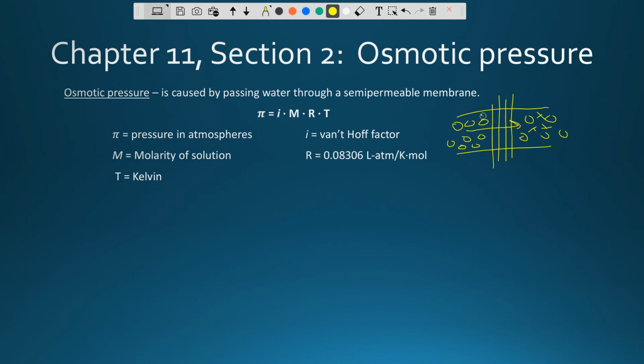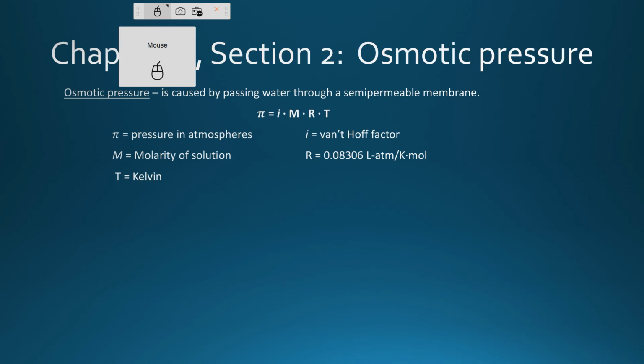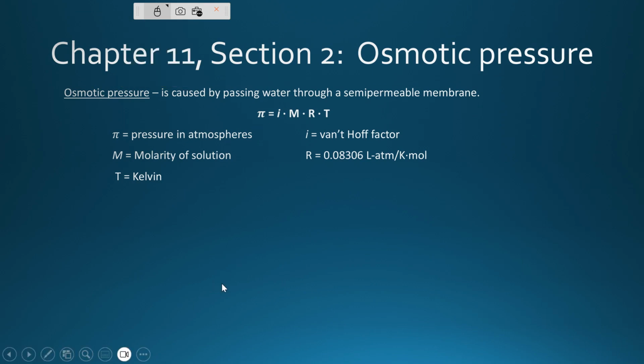So what's going to happen is my water molecules are going to diffuse across the membrane in that direction. Okay, so that's what's going on in here, and we can measure that pressure in atmospheres of pressure. We can measure that as a function of the van 't Hoff factor, as a function of molarity now. We have a constant, and then my T is always going to be in Kelvin. Okay, so let's take a look at some examples, just 2 quick examples of how we calculate those things